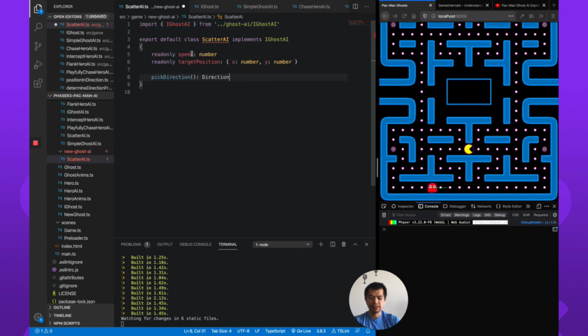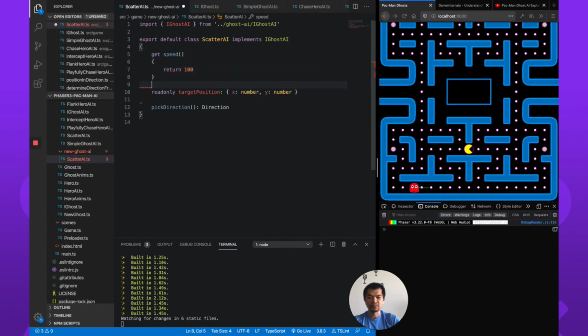So let's implement this stuff. Get speed. So speed is a number. We're going to say everyone moves at 100, or at least in scatter moves at 100. And then target position, same deal. It's going to return